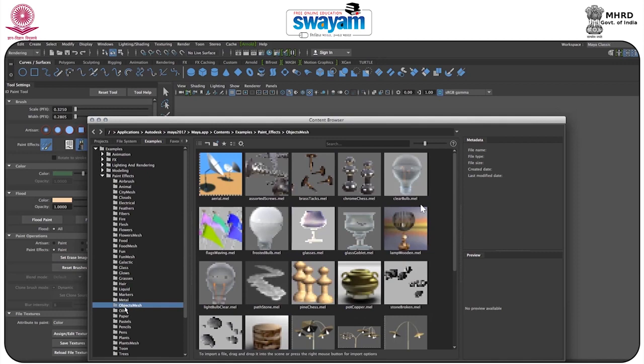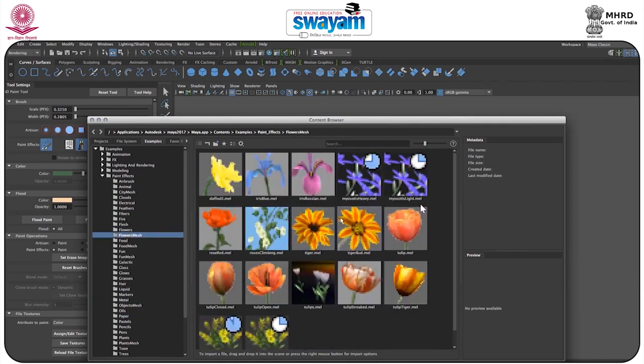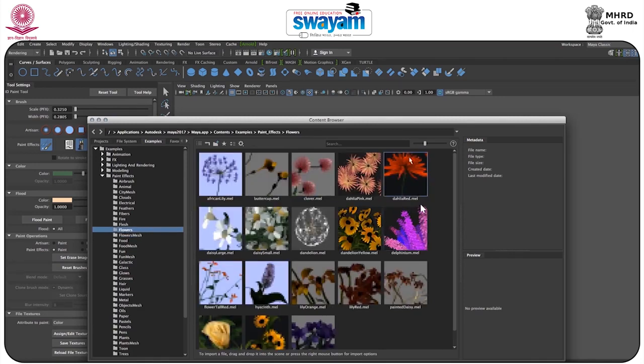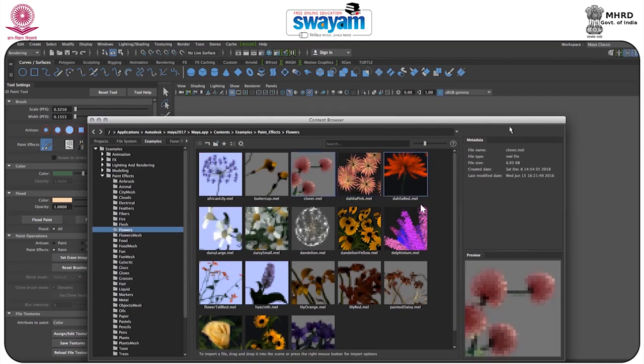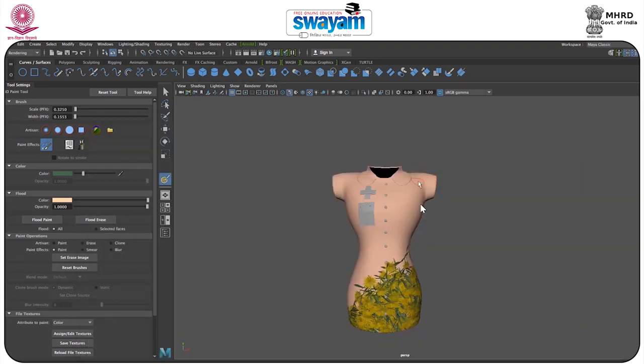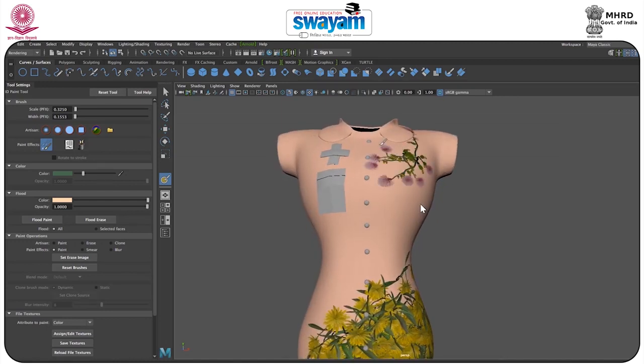So I will go to the flower again. There's some sort of flower mesh also, which is just on your screen. So you have this flower, and you can put anything on it if you want to. That means if you just want to put that thing, you can just click like this. It will allow you to put it on your model.